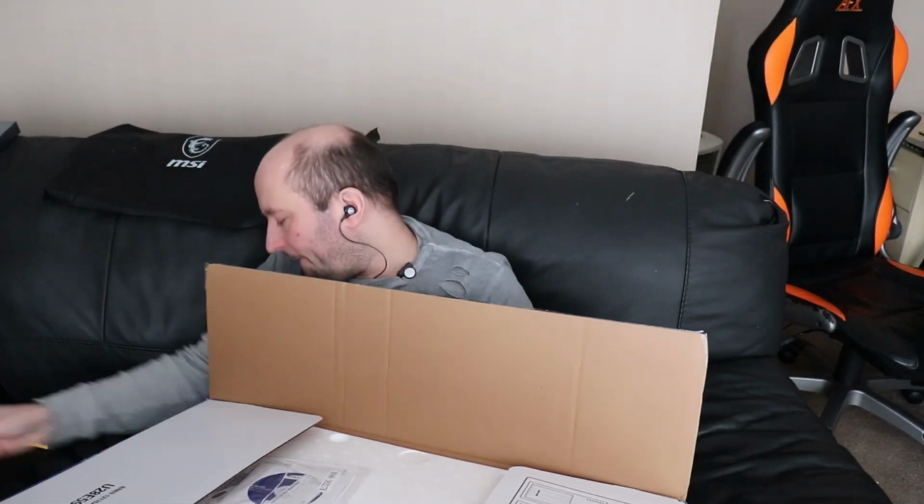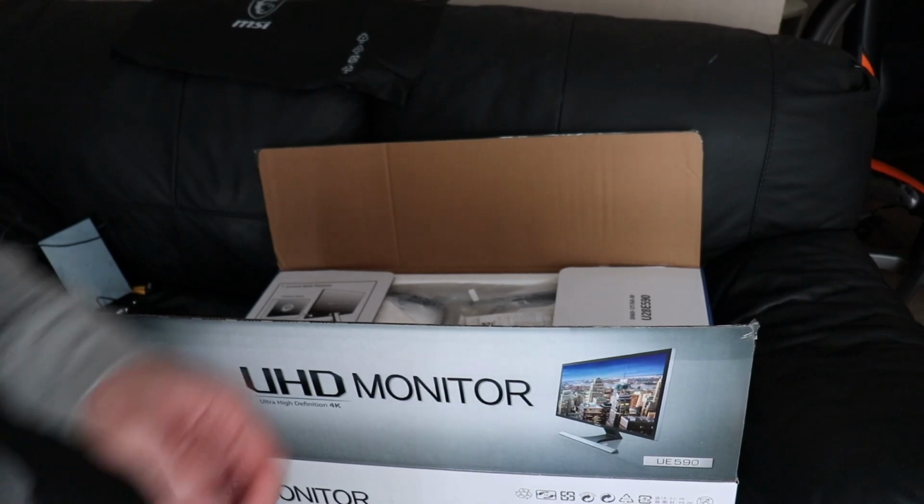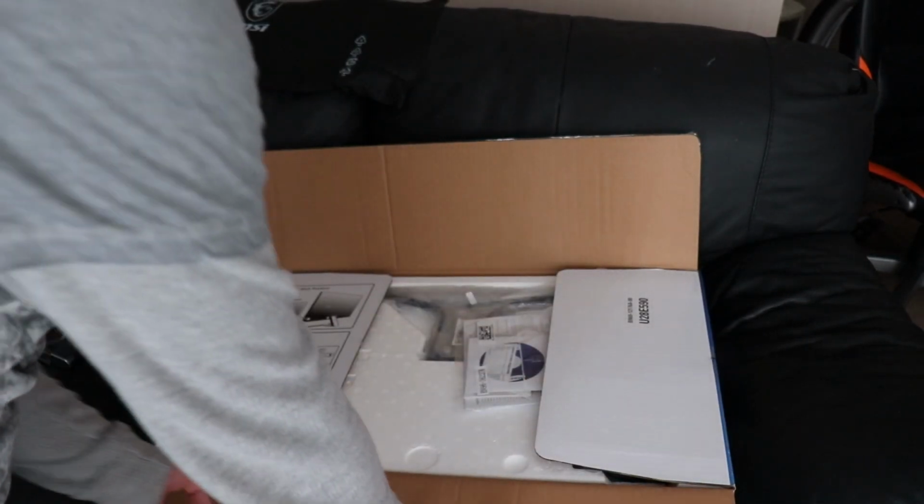Move out of the way and see if I can get a better shot of this. It's a bit awkward to do when you're sitting down. Okay, I'm going to try and stay off camera for this one. Inside the box